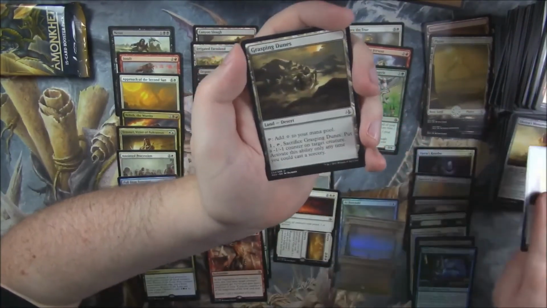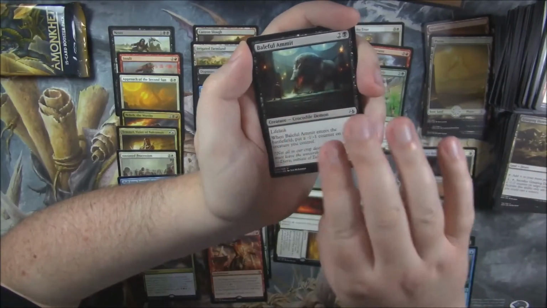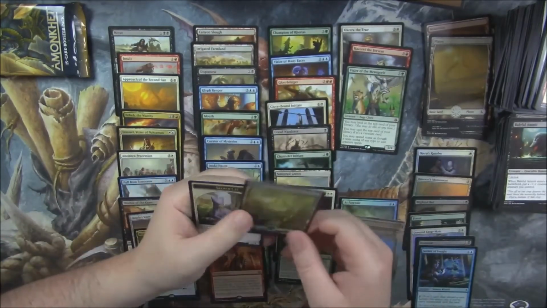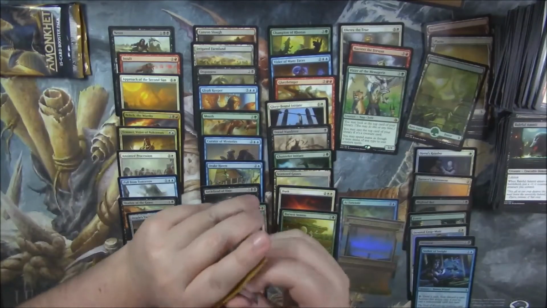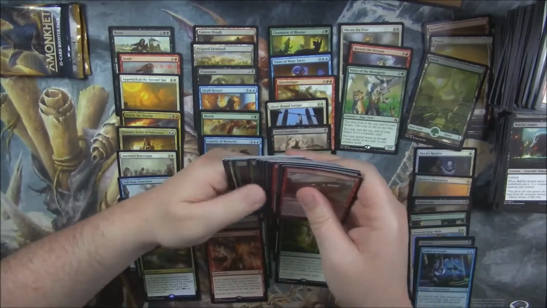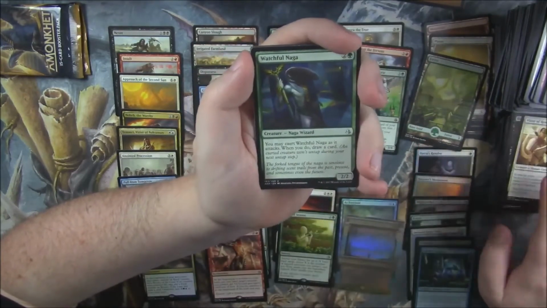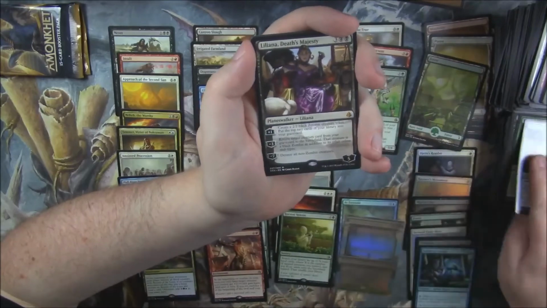Ramunap Monument, Grasping Dunes, Baleful Ammit, and our rare is a Harvest Season. Cool. And we got a full art Forest. Okay. We'll count up our full art Forests at the end as well and just see whether we hit our target mark for those. I'm going to guess that we did, but we'll see. Vizier of Remedies, Watchful Naga, Angler Drake, and our rare...